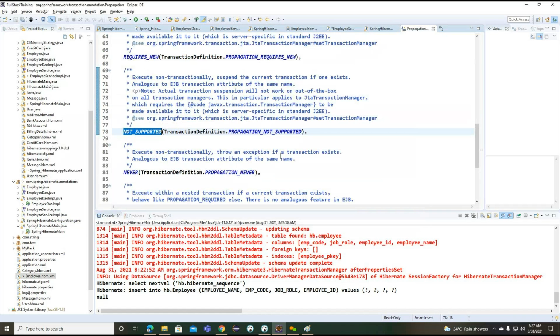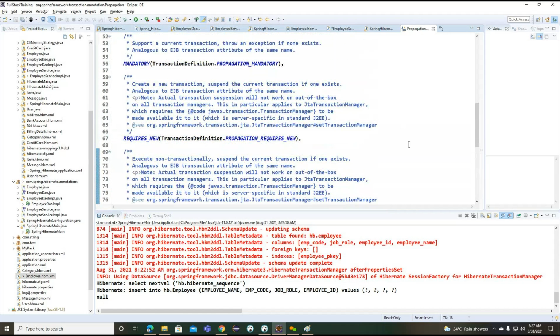Now you can read every piece of information here. Every enum type is going to provide more information inside this propagation style. It creates a new transaction and suspends the current transaction if one exists. For which one?